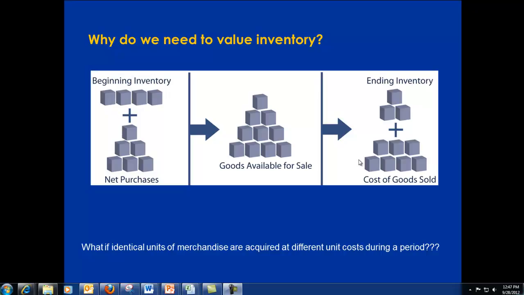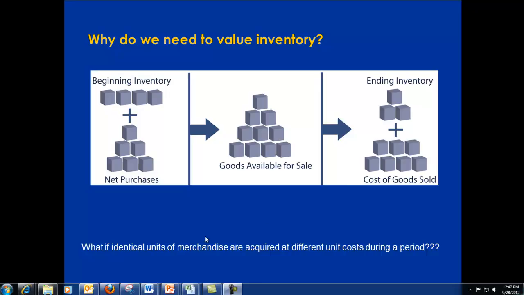We've purchased items of inventory, and what is not sold is going to remain on our books, on our balance sheet, as an asset. It's going to show up in ending inventory as a current asset. The dollar amount associated with those items that are sold is going to appear on the income statement as cost of goods sold. Okay, and hopefully you're okay with everything related to that from the